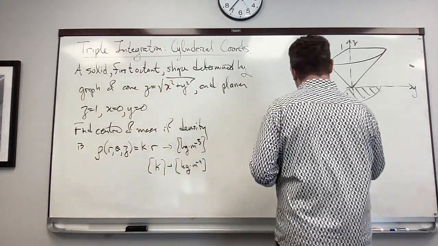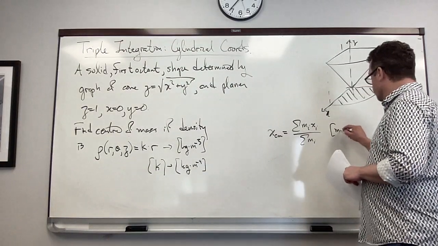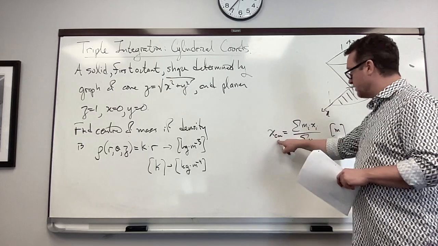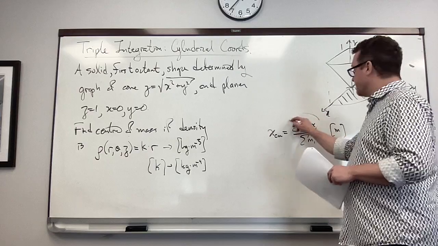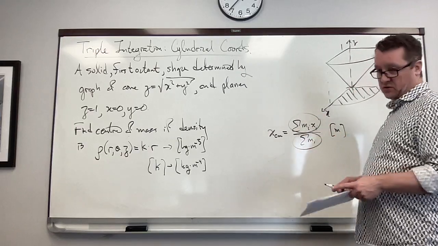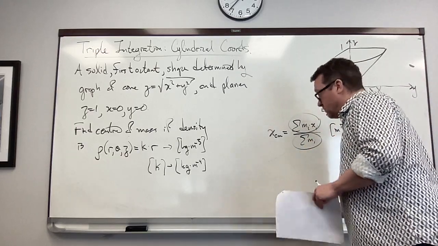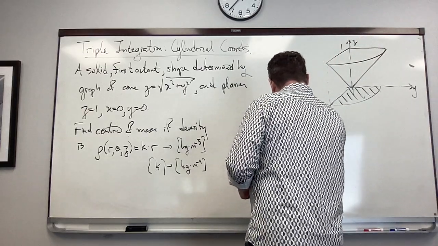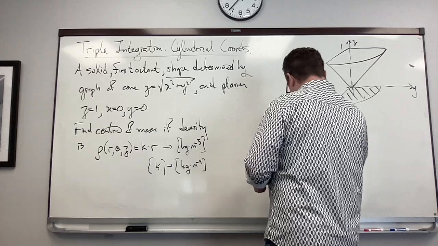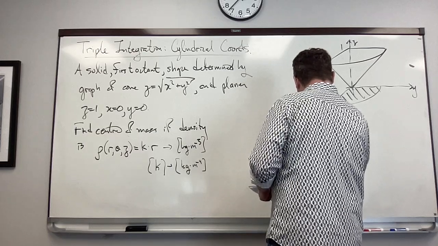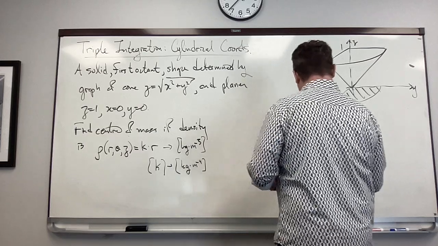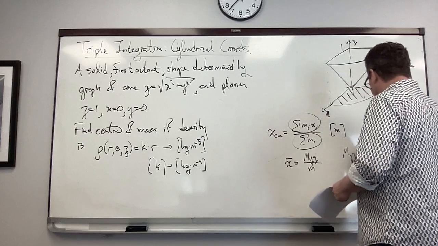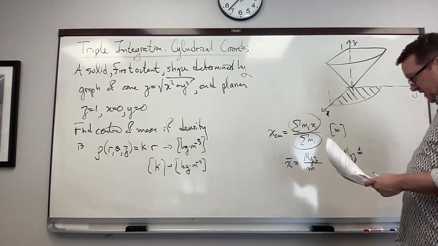Now this thing, remember, has units. It ends up having units of meters, because we've got mass times distance along this particular axis divided by the total mass. So we need to have two integrals, one integral for this and one integral for this. More generally, and the textbook goes into this a bit, we would say that the x center of mass would be what we call MYZ divided by the total mass, where MYZ is defined as, so equals with a little triangle on top, is defined as